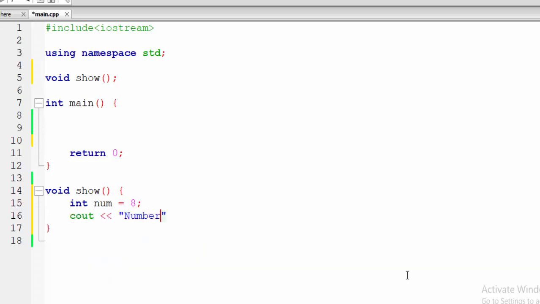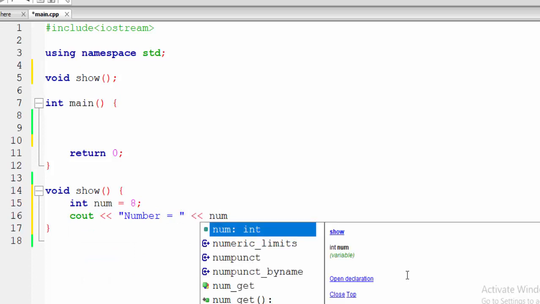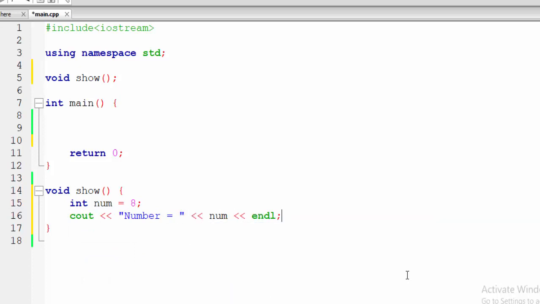We will say number is equal to, and print the value of num in a line. After that we will say num is equal to num plus num. Or we can make it simple and say num plus plus, so it will increase the number by 1 every time.